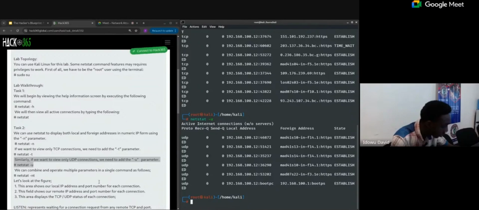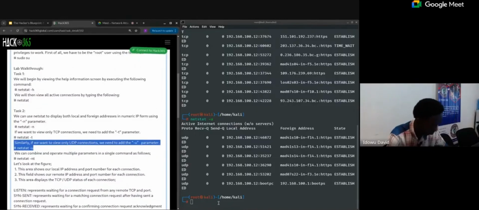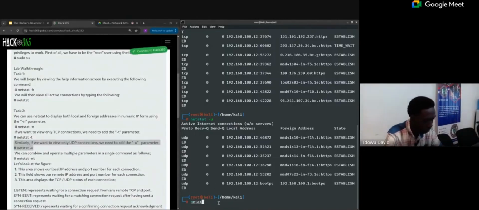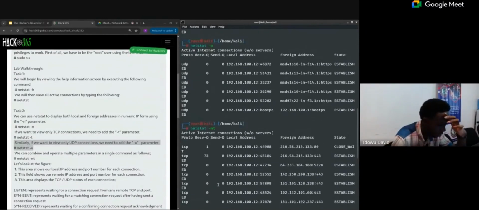Now we can combine and operate multiple parameters in a single command as follows. Let's start -nt. Now, what does this do? Let's look at what happens. Let's start nt. Okay. Now it shows our local IP address and port number for each of the connections, which is